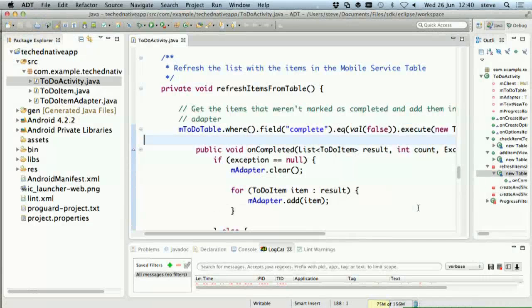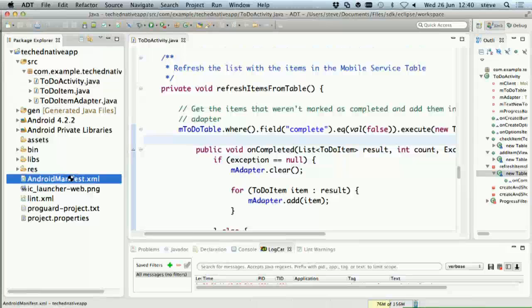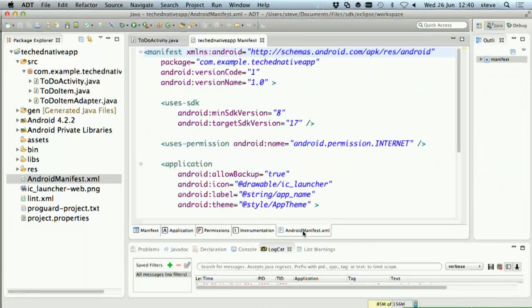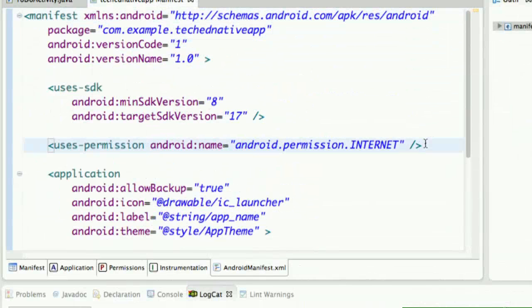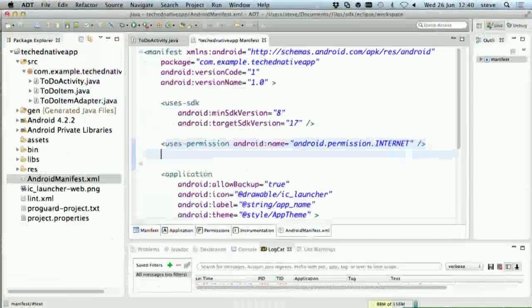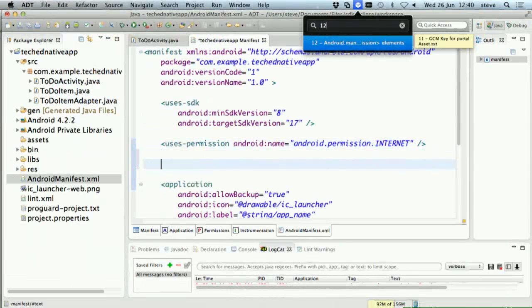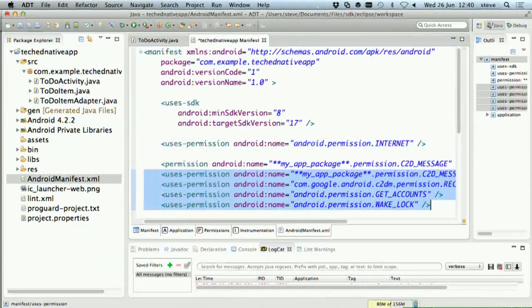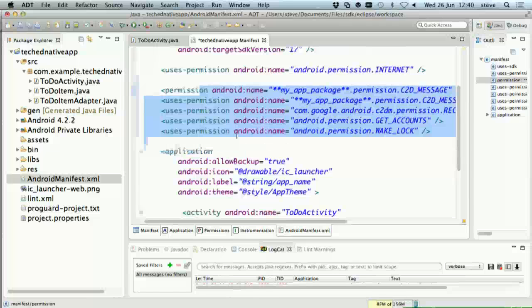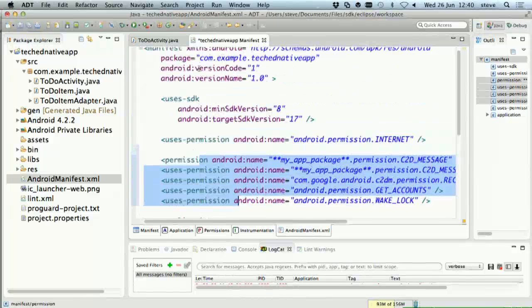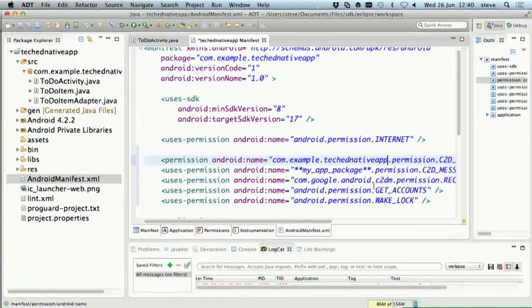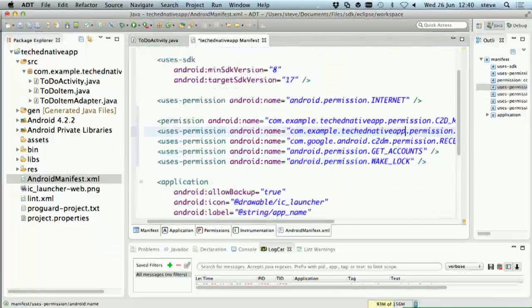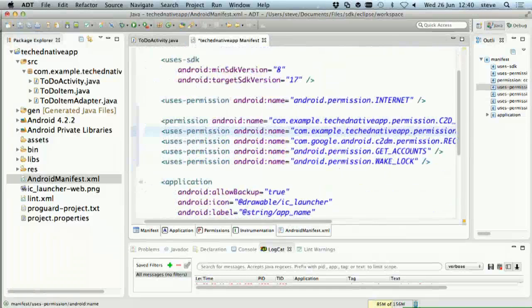And the first step is to do a bit of configuration. So before you can request a token, you have to add a permission to your application. This is a bit like a web config file or app.config, and you say what permissions your app needs. So I need the permission to get push notification tokens. So I'm going to add all of these permission things. Now, this is all described in the documentation, so don't worry if you can't remember it. I do have to copy and paste the package name in a few places. So I'm going to paste that here and here. The package name is just sort of the name of the application. Okay? So now I've got permission to work with Google Cloud Messaging.